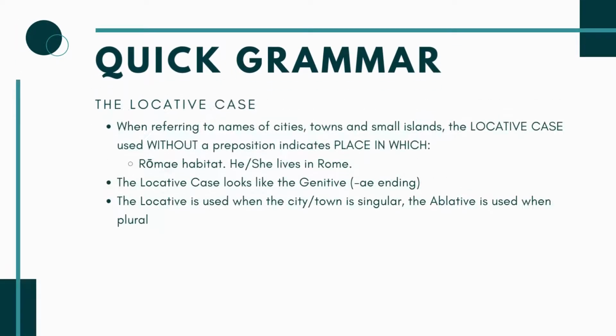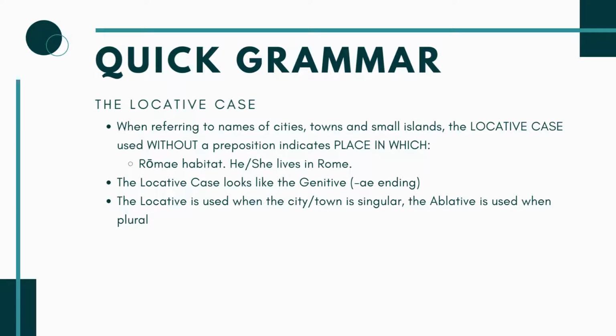The trickier part is something called the locative, which is an extra case in Latin that sometimes textbooks kind of gloss over. I'm glad that we're talking about it in Road to Latin just because you see it, but it is a little weird, so it takes some getting used to. But when you're talking about a city, town, or a small island, and you use the locative case without a preposition, you're showing place in which. So not toward or out of, but in or at is kind of the idea.